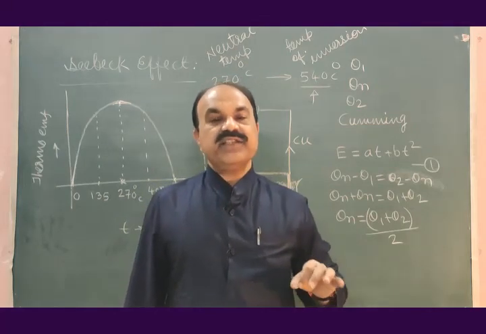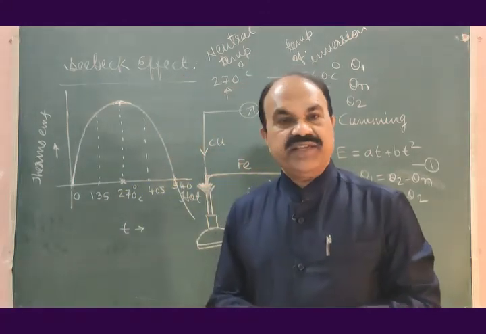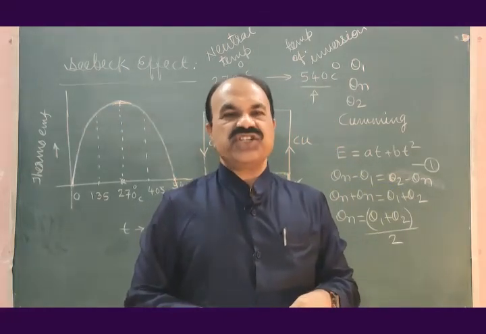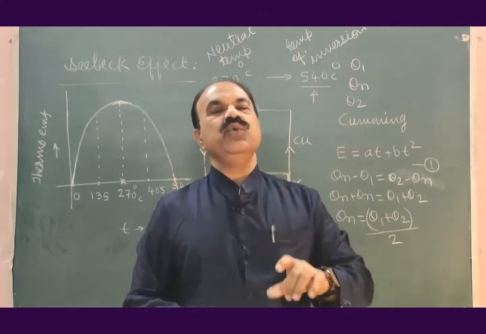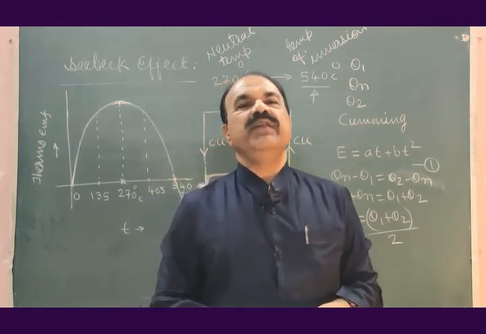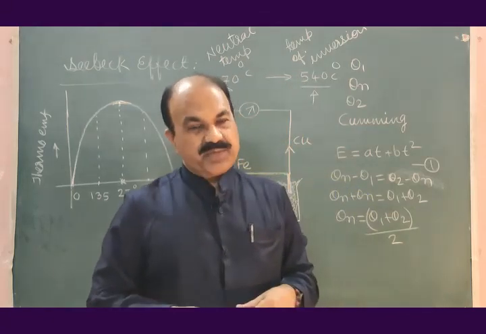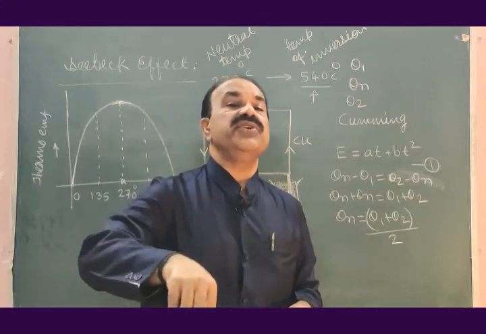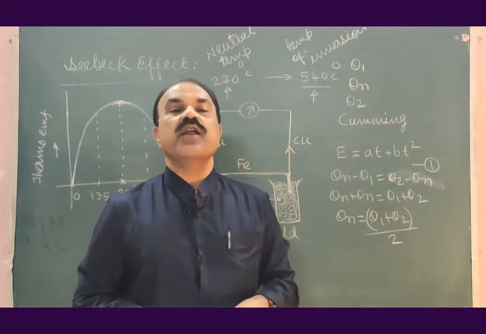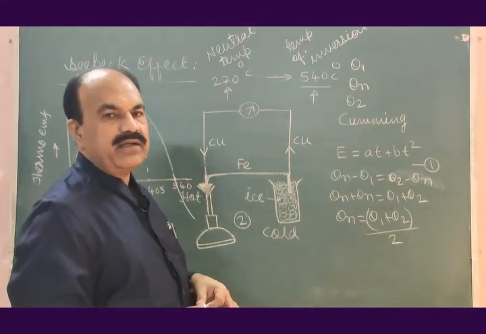So the reason for flow of current at the hot junction as well as at the cold junction is the existence of potential difference between the two metals. If this potential difference is large, the current flowing will be large. If this potential difference is small, the current flowing will be small. This potential difference is due to thermal energy, and therefore it is known as thermo EMF. This is about the Seebeck effect.